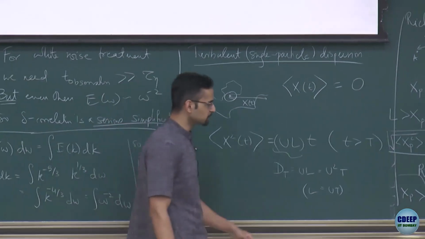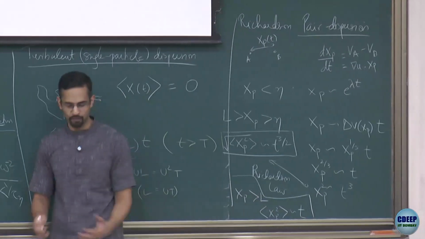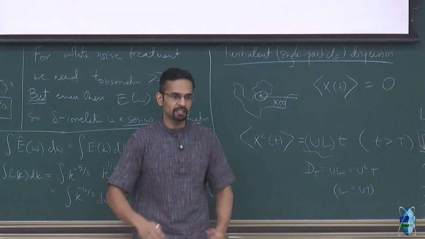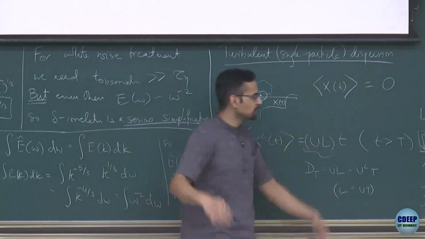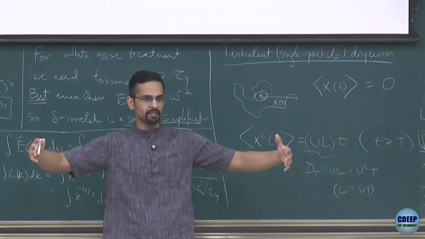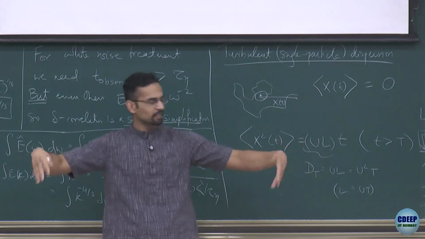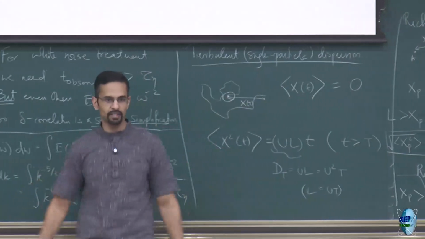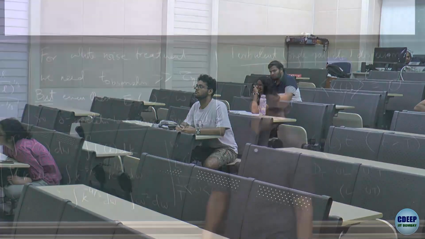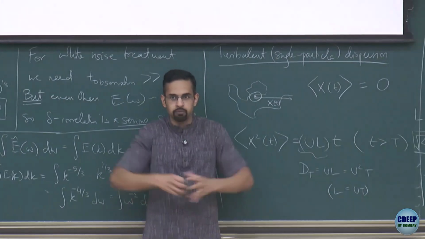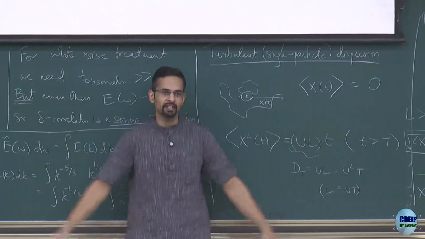So you have these interesting regimes of separation behavior or mixing behavior. If you put a ball very, very small, you will slowly, exponentially separate out. Once you hit the inertial range, you will separate out very quickly, like t cube. And then once you cross the large scale, you have no more correlations to aid your rapid separation. You will then hit a diffusive limit, and you will just keep spreading linearly in time. The radius square, xp square, will go linearly. So that's a big drop off from t cube. So you can imagine a small ball slowly spreading, then it will go very fast, and then again it will slowly spread linearly in time.